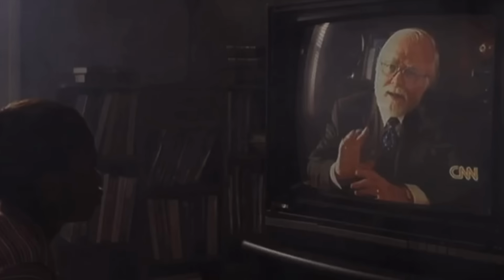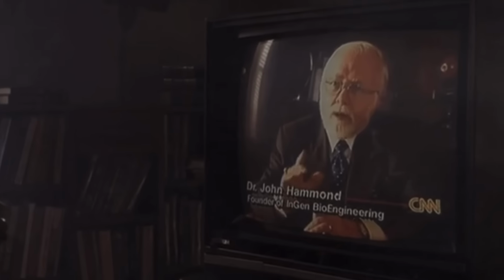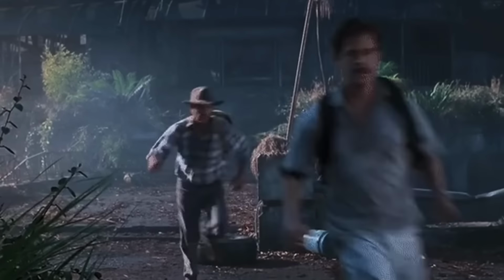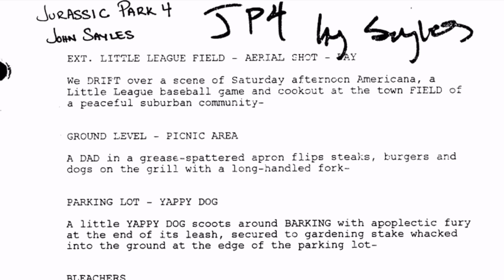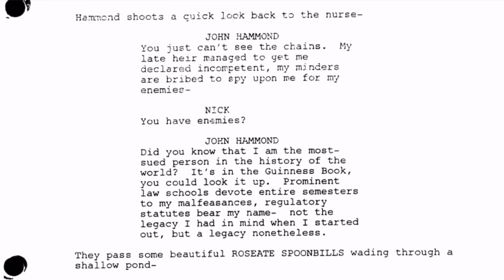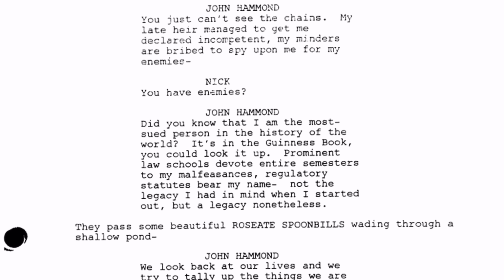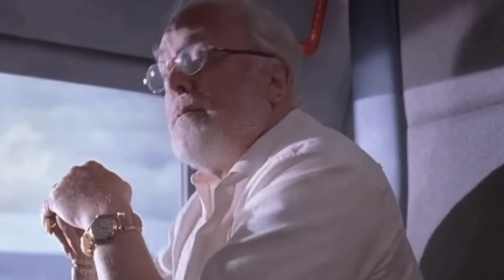And you'd be pretty right for questioning that, since at the end of The Lost World, we see John trying to work with the Costa Rican Department of Biological Preserves to protect what's left of Site B's dinosaurs. However, after the events of The Lost World, for some reason, Dr. Hammond was not present in JP3 at all. And we didn't really learn anything new about him, since nothing in that movie was really dedicated to his point of view. Well, that's where the plot of JP4 came into play, in which John Hammond was going to have to deal with the fact that he was the most sued person in the history of planet Earth. It's even in the Guinness Book of World Records in the film. Not the legacy he intended to have, but it was a legacy nonetheless.